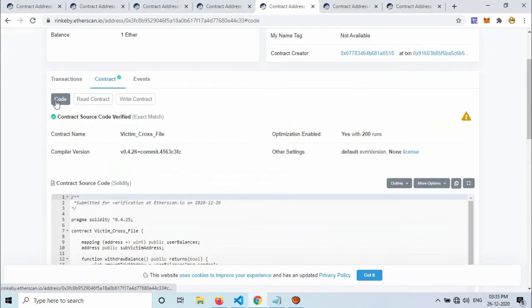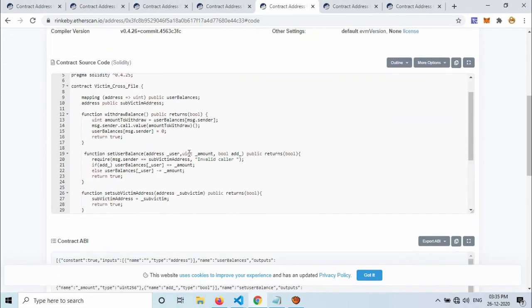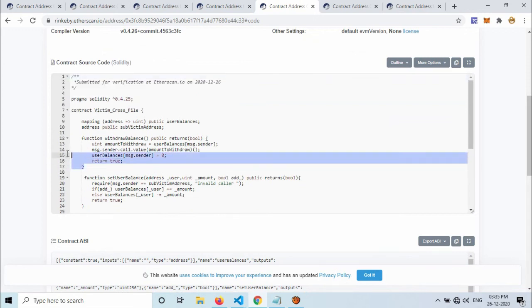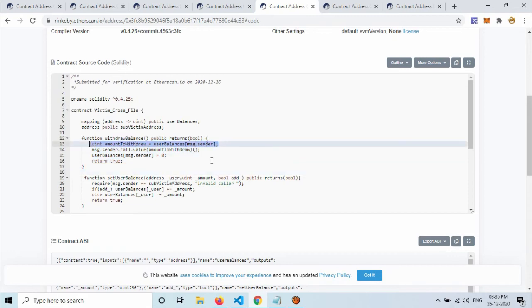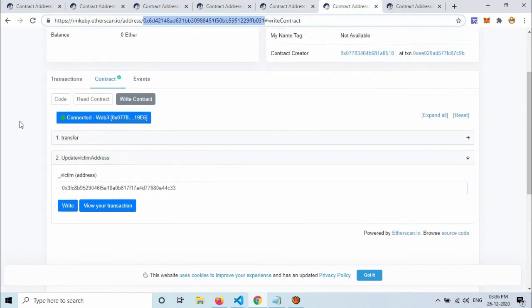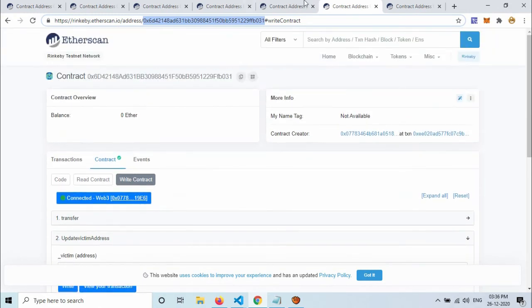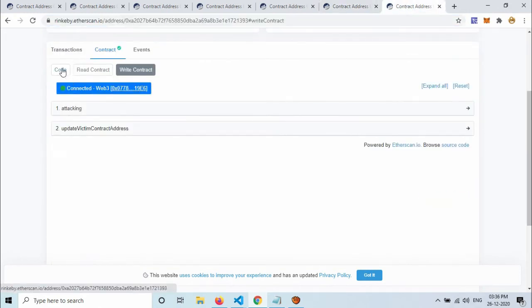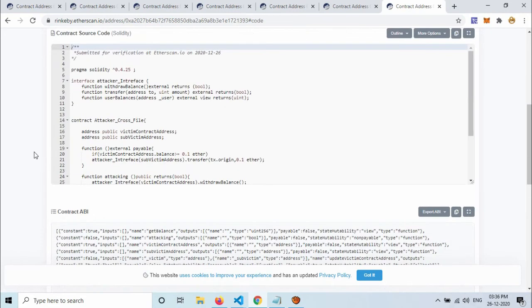In cross-file reentrancy, as we can see here, it is the same withdraw balance, which will check the balance of the user and send ether to the attacker and then reset the balance to 0. But when it sends ether to the attacking contract, this is the attacking contract, the attacking contract's fallback function will trigger and it will call another function in another contract.